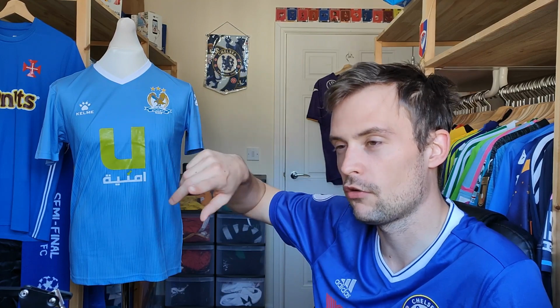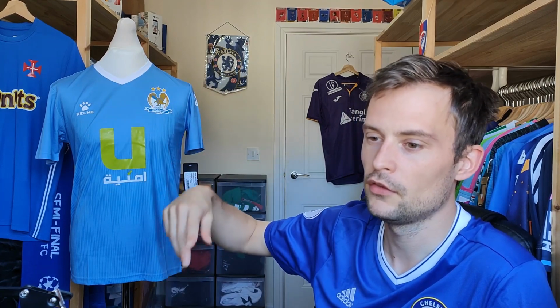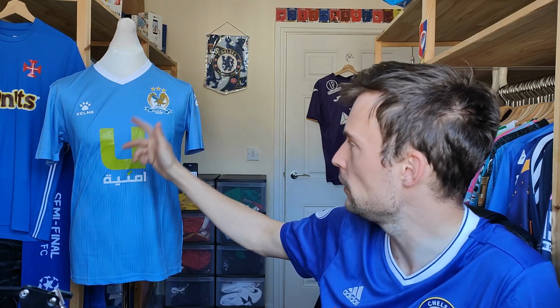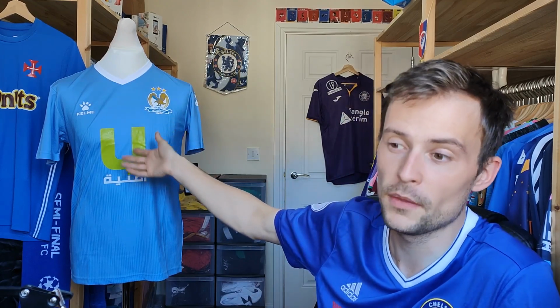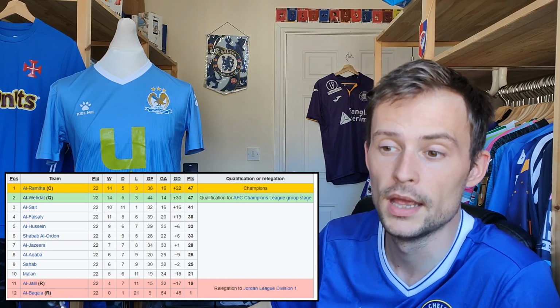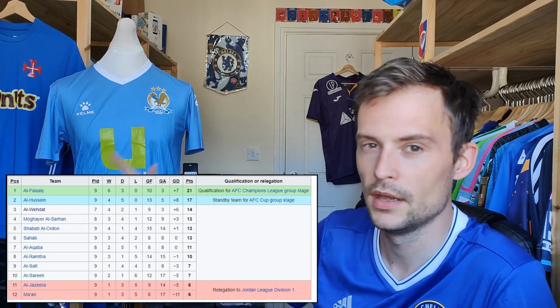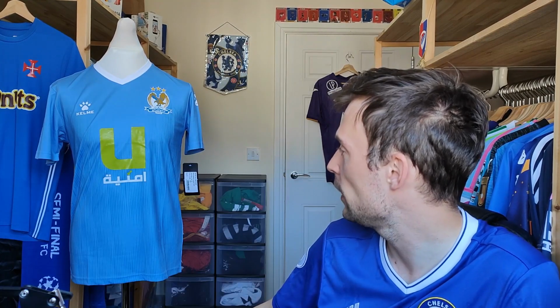The problem for them is they haven't actually won the league since 2018-19, when they used to run it across 2 years. That's the last time they won it. I think it was a brief stop because of COVID probably, and then it restarted. So the last season, for the season that they won this shirt, they finished 4th, which is probably not a very good finish for them usually. Though they are, for this season 2022, currently top, and I don't think they've lost a game yet, though they are tied with another team. So it's a relatively